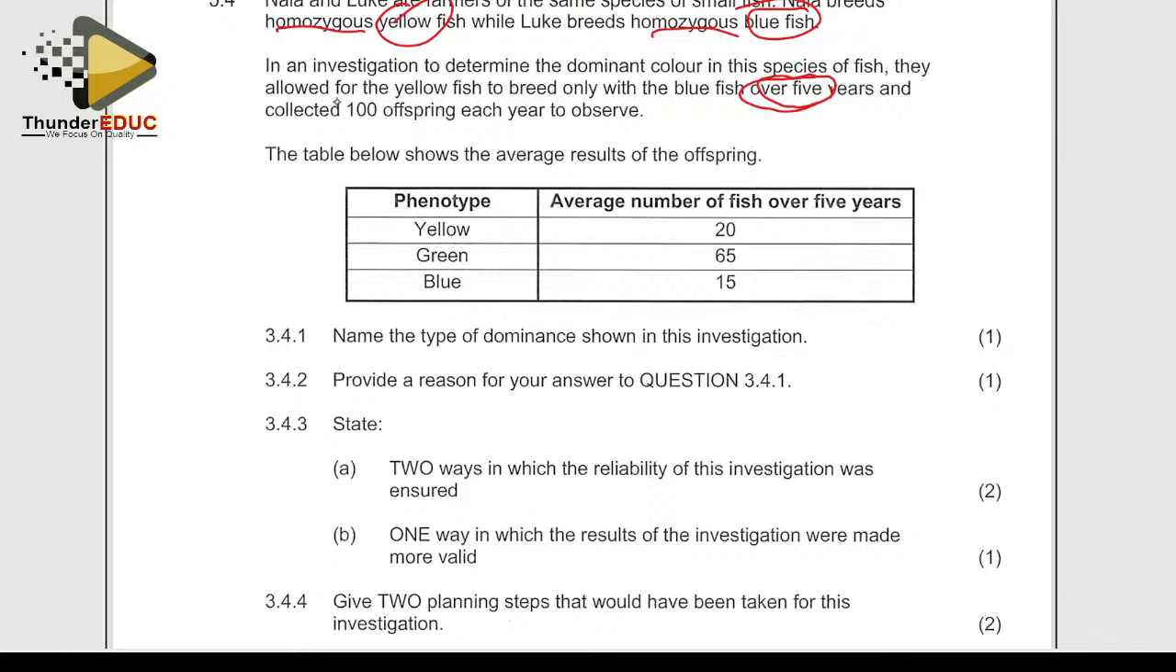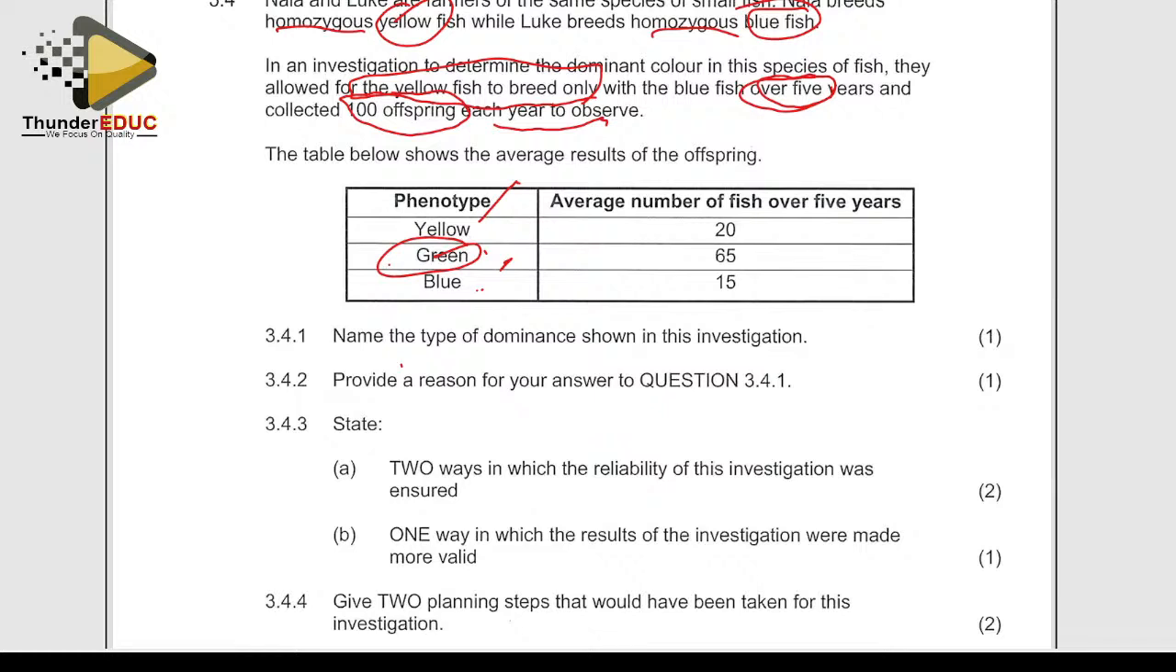And collect 100 species each year. This is another key point. They say they allowed yellow and blue only. So it's another key point. Name the type of dominance which is indicated there. Okay, let me check and see. It's this, yellow and blue. So this one becomes an intermediate. Therefore, it is